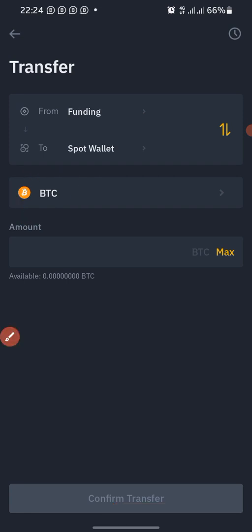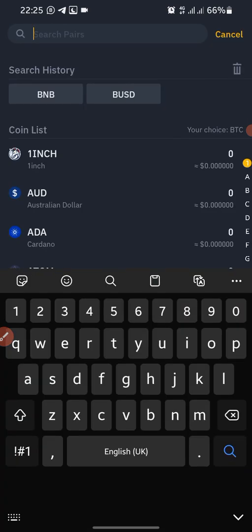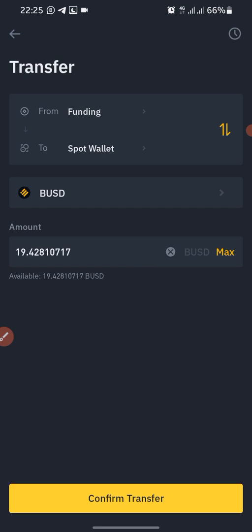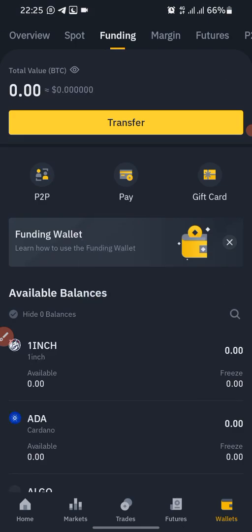Since it's BUSD we are moving, we select BUSD, and since we are moving everything, we click on max. If you are not moving everything, you type in the amount of BUSD you want to move, and then you click on confirm transfer. So this fund has now been moved to your spot wallet.